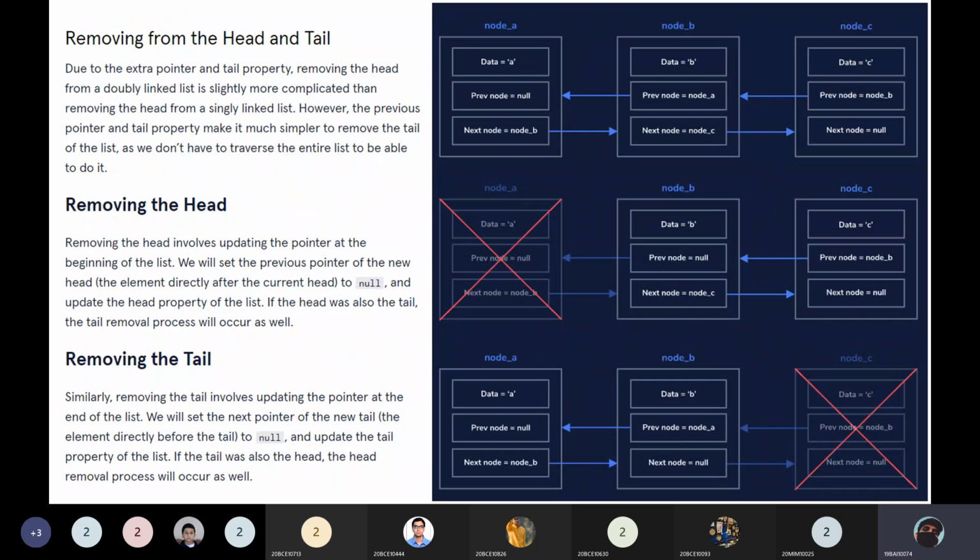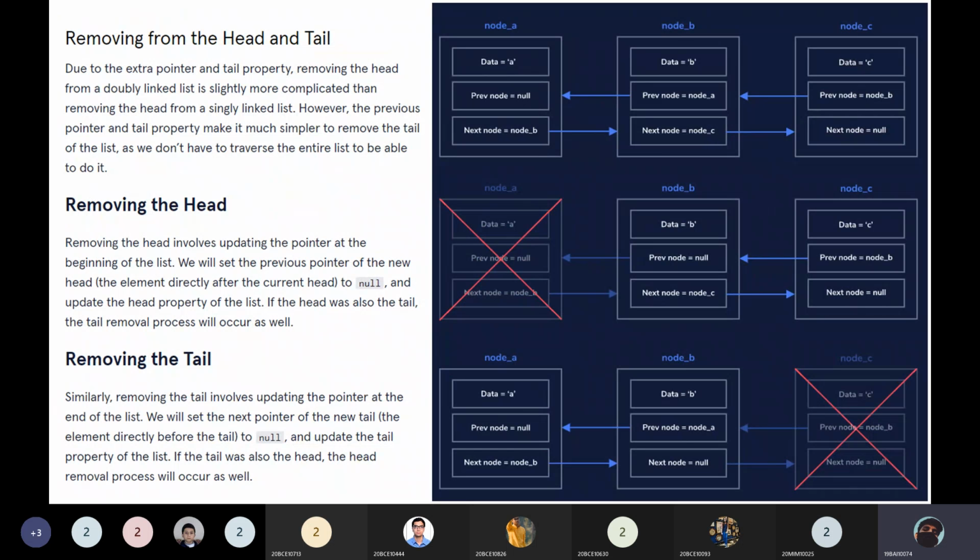Again, if we want to remove the head, we need to know if the list is empty or if the list has only one element. If the list has only one element, the list would be empty if you remove the head.